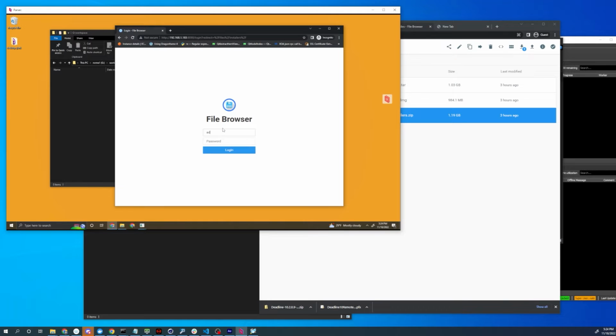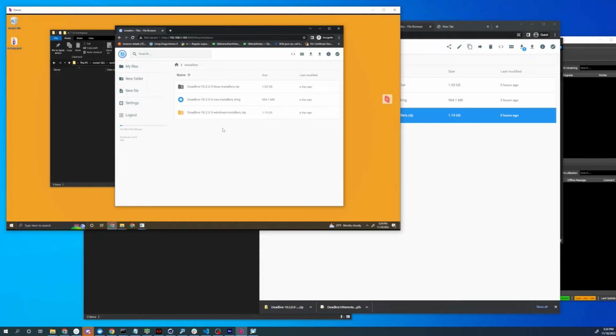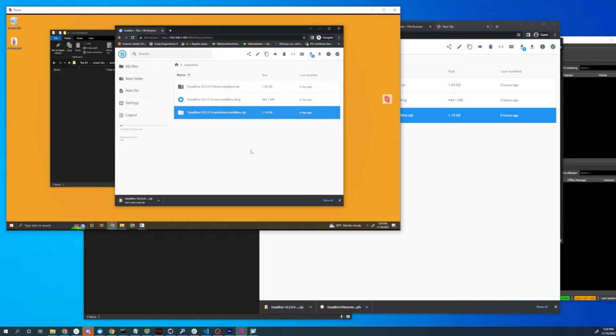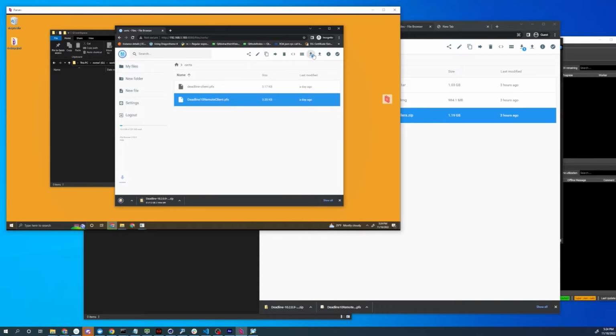And we'll just sign in with admin. So all our installers are here, so I can go ahead and download that. And also, same thing, download this certificate. We'll let that go. Actually, while that is downloading in the background, a critical piece to getting rendering working on